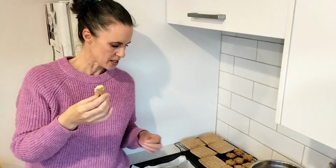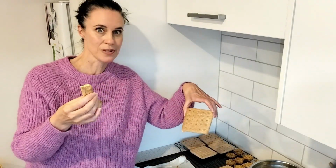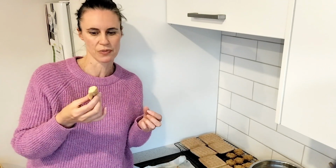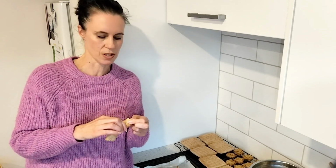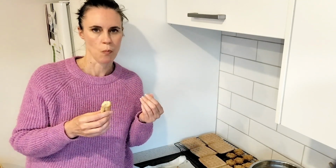So I'm just trying some of these little bits that I had around the tiles while they were in the oven, and I'm quite pleasantly surprised. I thought because most of it is just flour and water, it's got a tiny little bit of sugar in it, that it would taste quite disgusting, but it's actually quite pleasant. It's got just a very hint of sweetness, but it's nice and chewy inside, and it's almost like a sweet